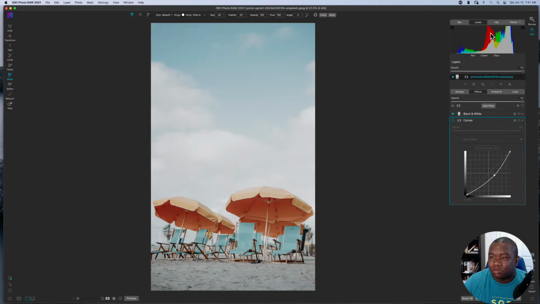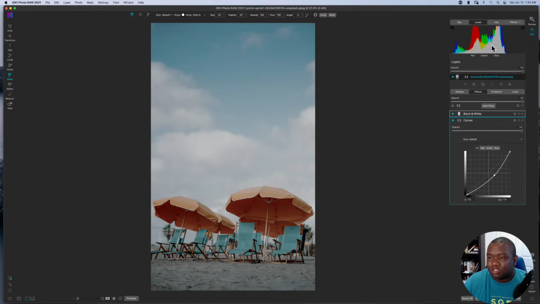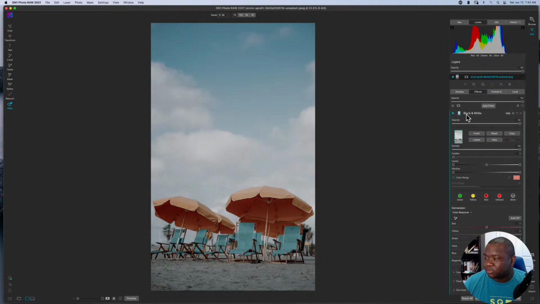So here's where most of my color information or the photo's information is. And then when I click on curves, it just shifts everything to the left, obviously moving it closer to the blacks and shadows. All right. So now I'm going to come over here to the black and white adjustment layer, and I'm going to reset my luminosity mask. And this is specifically so I can show you that when you hit the lumen, it's going to add the